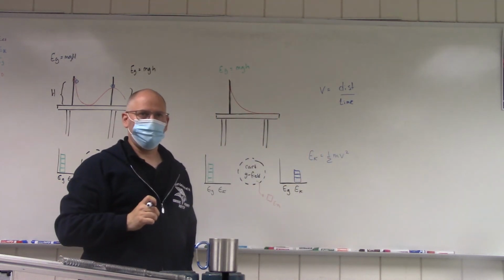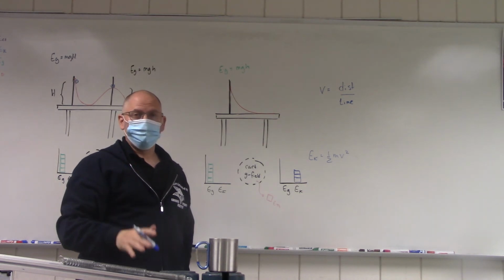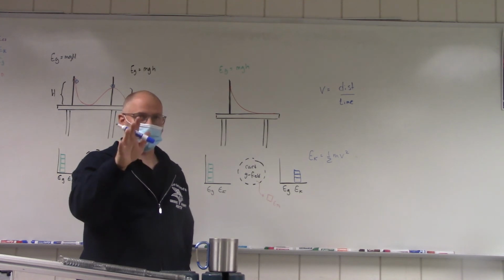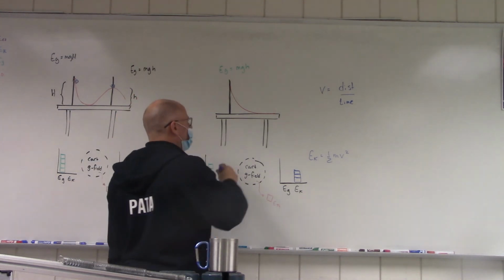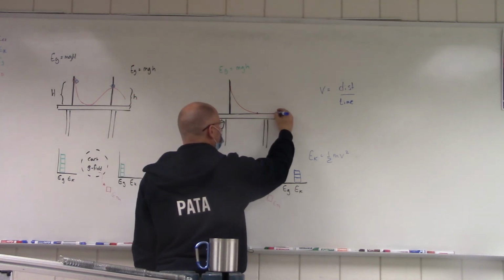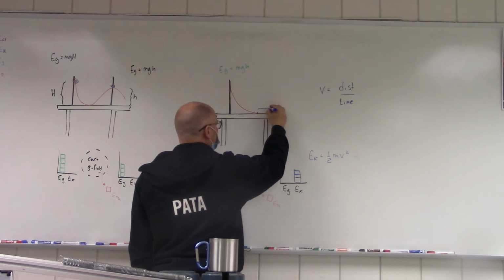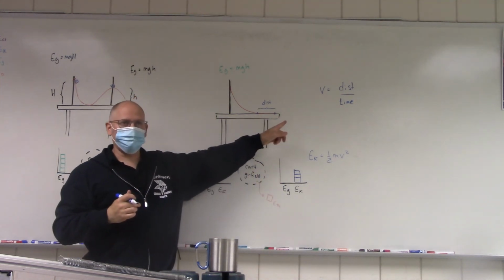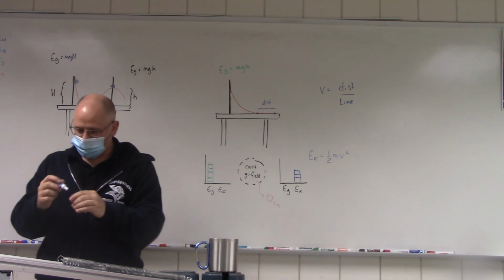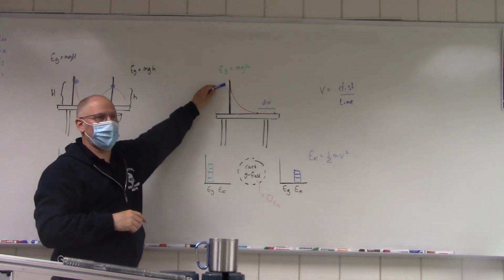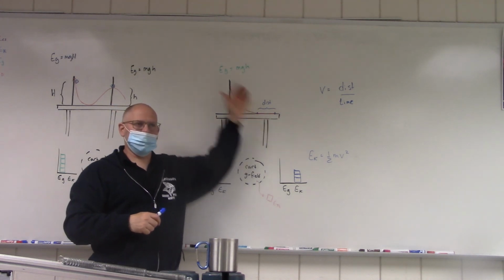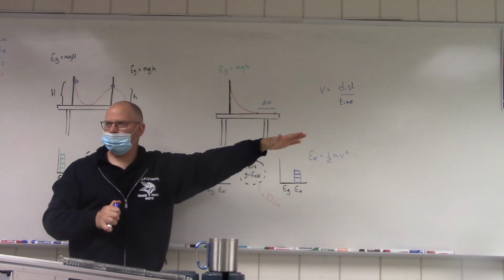Is that cool? So here's what you're going to need to do. You're going to need a stopwatch and a ruler, right? Stopwatch on your phone, there are rulers at your station. When the car gets down to the flat section, you're going to measure this distance here, and take the time while it's on this flat part. Now, you might want to start the time up here when you let it go. Don't do that. I only want the final speed, not the average speed over the whole time.